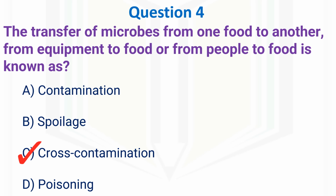So cross-contamination is an unintentional transfer of chemical, microbiological, foreign particles or allergens from people to food, or from dirty surfaces or equipment which are used in the food preparation, or from one type of food to another. So this can be avoided by taking proper measures and by training the food handlers to identify and prevent the